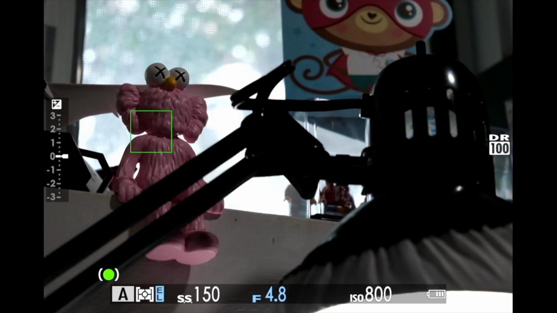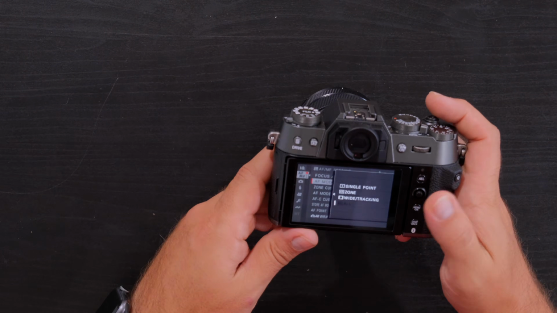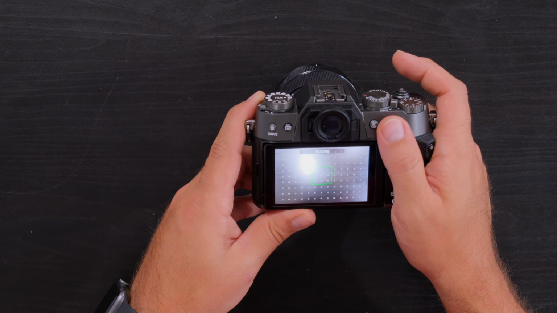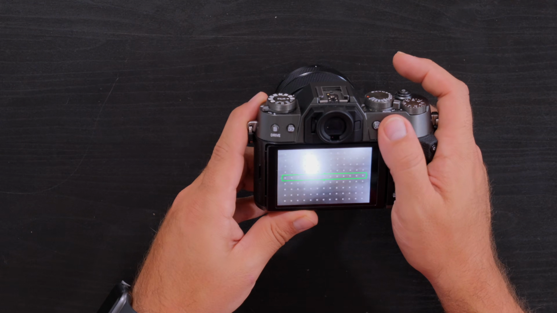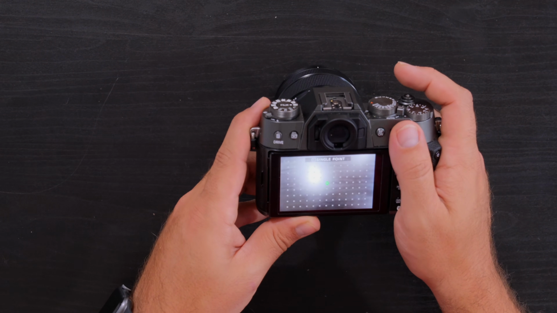So again, very useful when you want to track something that's not a face or something within the subject detection options. And then lastly, we have all, which will allow us to navigate through all of the AF modes by scrolling the command dials when I'm changing my focus point size. So if I make it bigger, I get to the biggest size. Now I get into zone, I keep going, and then I get into wide tracking